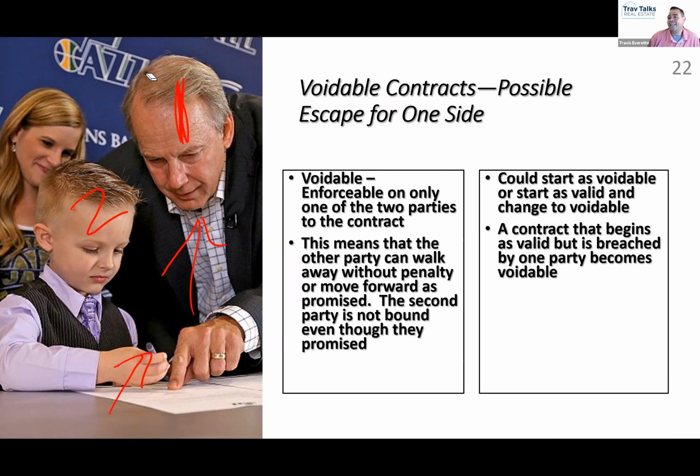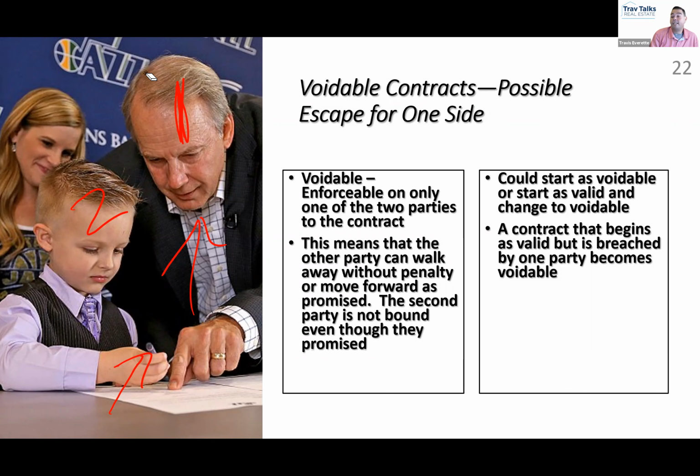But the idea here is voidability is a problem with the contract. You can always resolve problems. And if the problem is resolved, we go back to being valid, or we go to being valid even if we never were before. Okay. You've got to grasp that these can change. Is that all clicking into place?